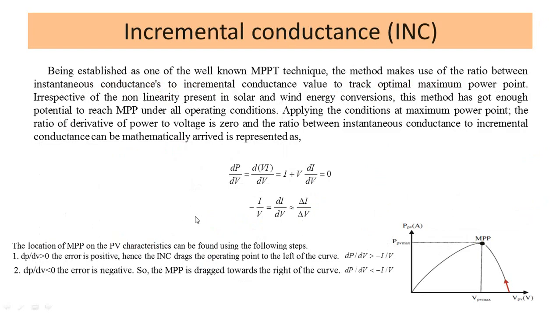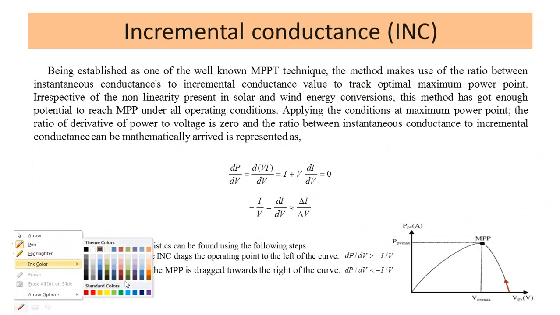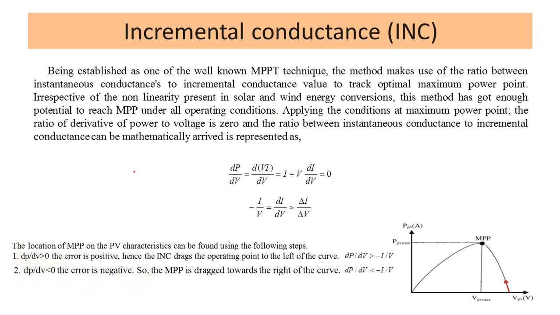And now here comes the deal. How are we going to check the incremental conductance? Here you have the power expression, P is equal to V into I. That expression you all know. Power is equal to V into I. This expression we all know based on our DC power. If it is AC power, you have a cos phi. Of course, that is also very much fine.